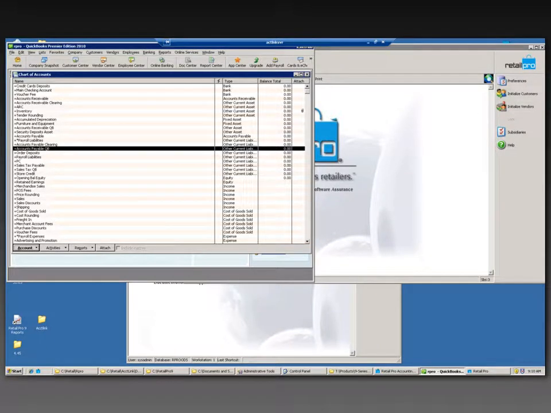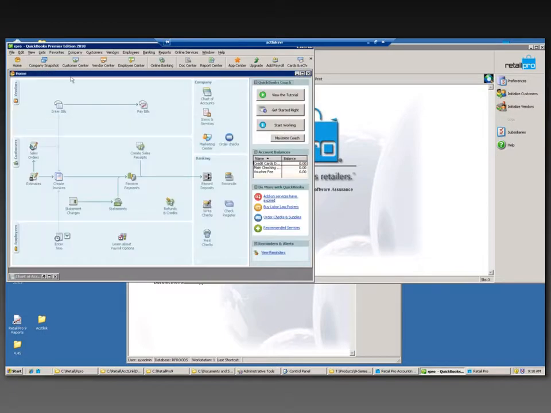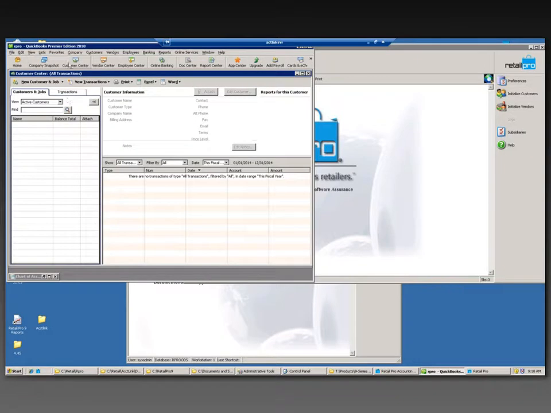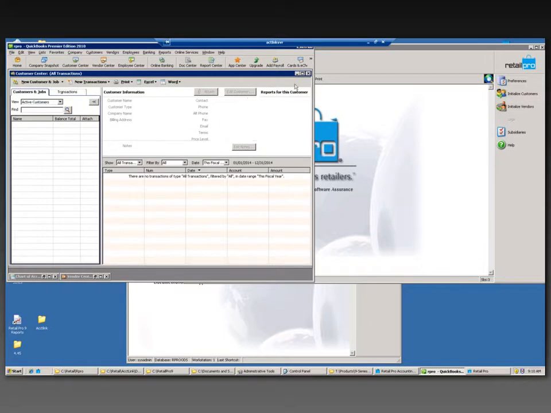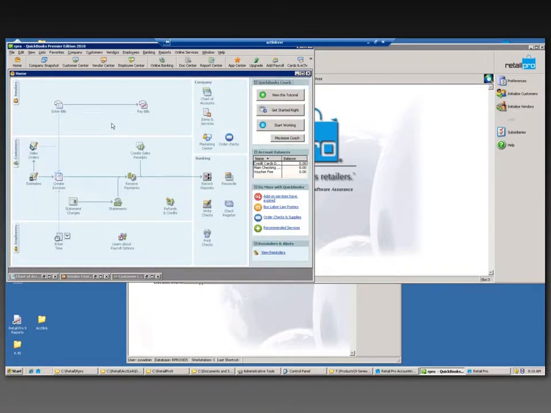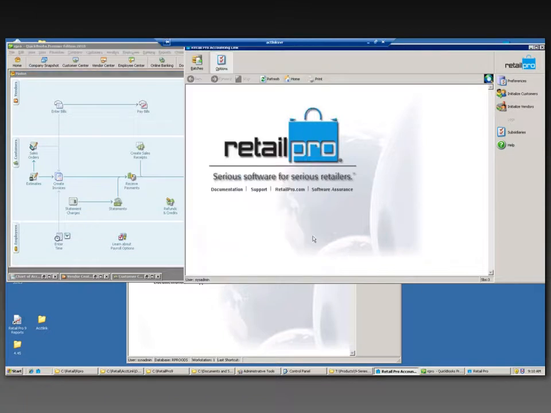So QuickBooks itself, your customer will be pretty well familiar with how it works, and they'll know the various areas. The customer area is essentially the accounts receivable area from our standpoint anyway. And the vendor area, the vendor center, is where the accounts payable information is tracked, the vendor and each one of their respective balances. So that's kind of what these areas mean from a Retail Pro standpoint. You have the accounts receivable for customers, the accounts payable for vendors, and then chart of accounts for virtually everything else, which is the general ledger, essentially. So that's kind of the way around in